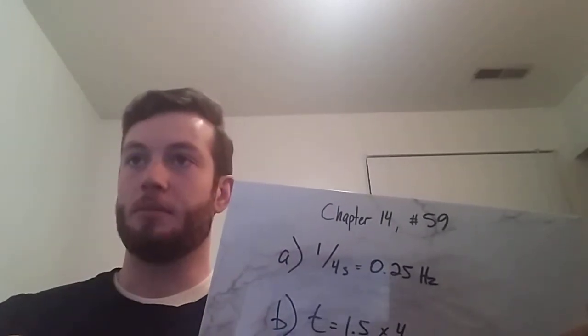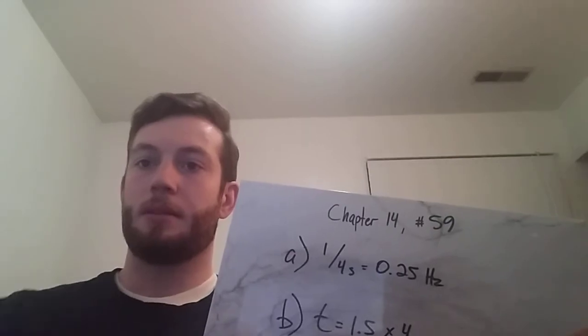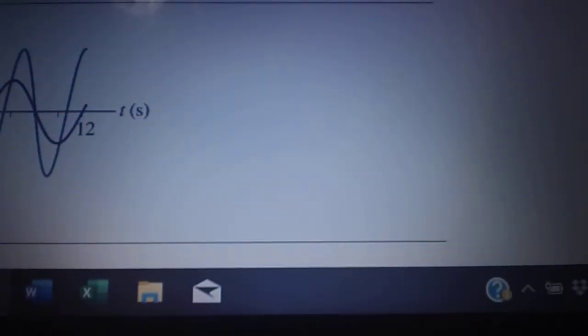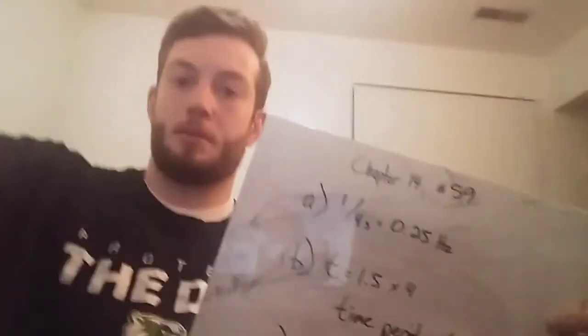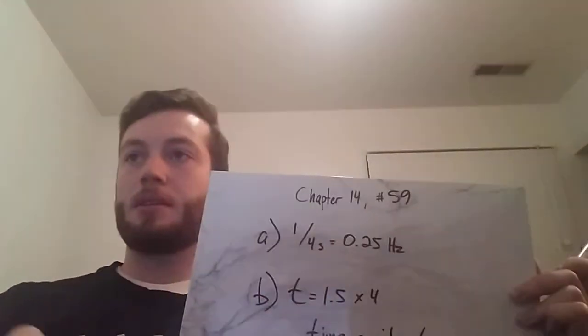I'm trying to describe this graph to you. I'll put it up on the screen real quick. So that's the graph that we're looking at. It's got two different systems. But basically,